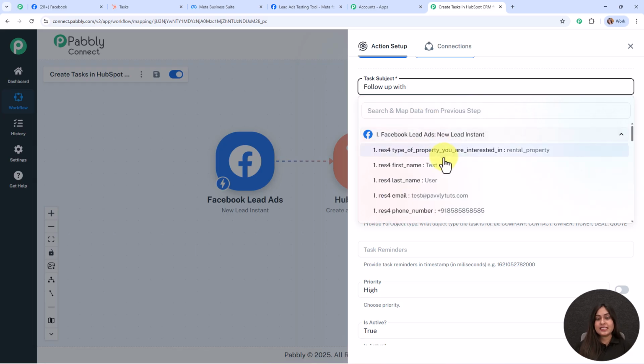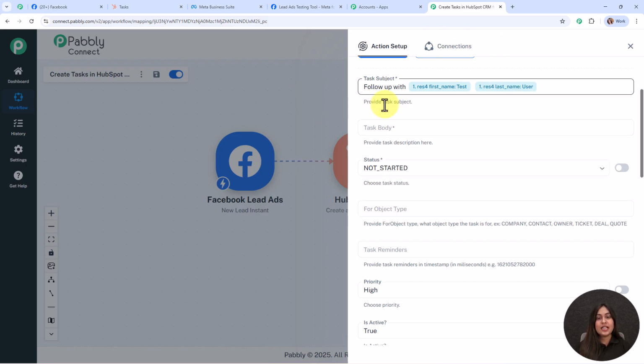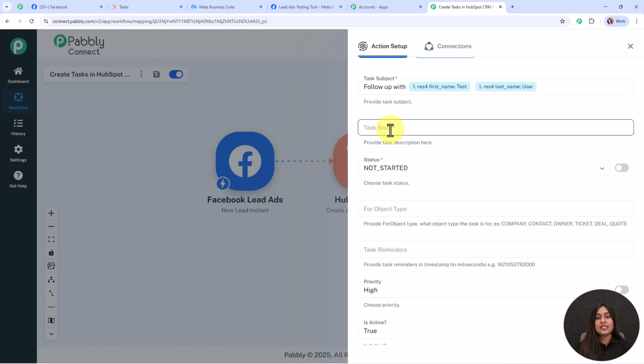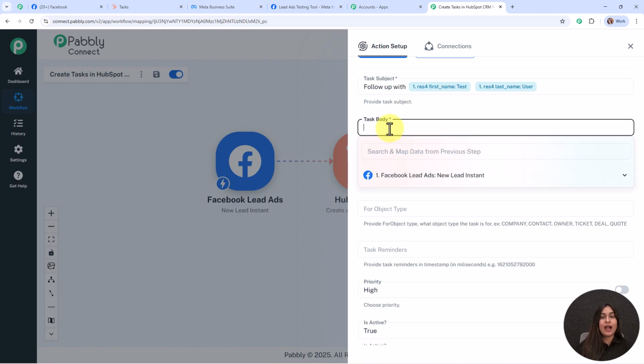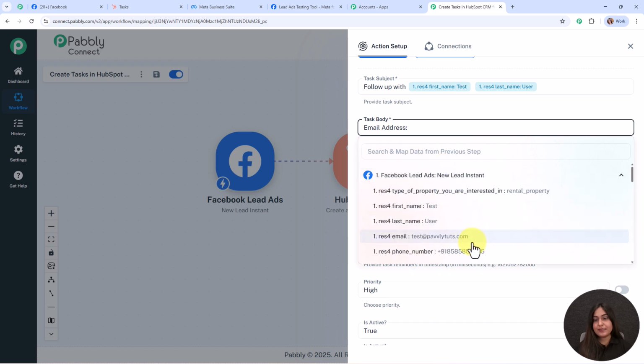So for the lead's name, we are going to map the first name first, then we are going to enter a space, and then map the last name. So this is the task subject, and then comes the task body. Here we are going to add the rest of the lead details such as the email address. So I'm going to add the email address first, and here we are going to map the email address, then